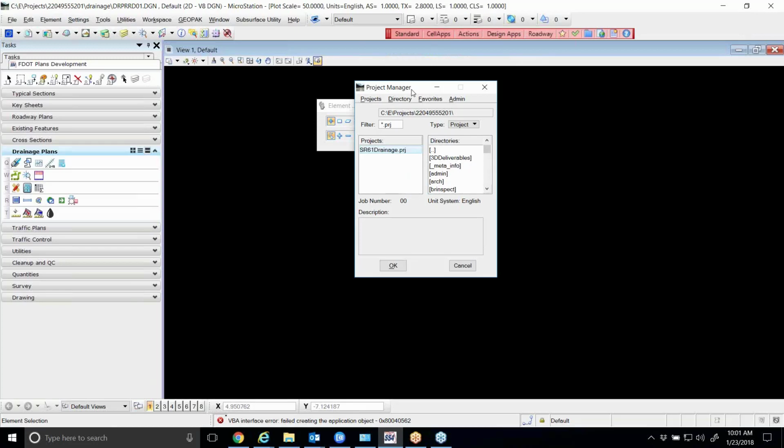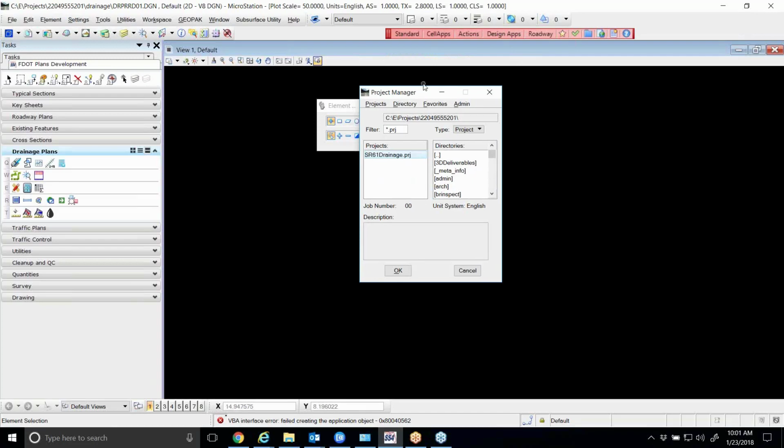Later you are going to run into issues on real projects with project manager, or getting the correct GPK to show up inside of drainage. So there's a couple of areas that I wanted to point out here. If you are opening up the road project, such as we have here, if you go to project, you don't have to do any of this, but if you were to go to project edit,